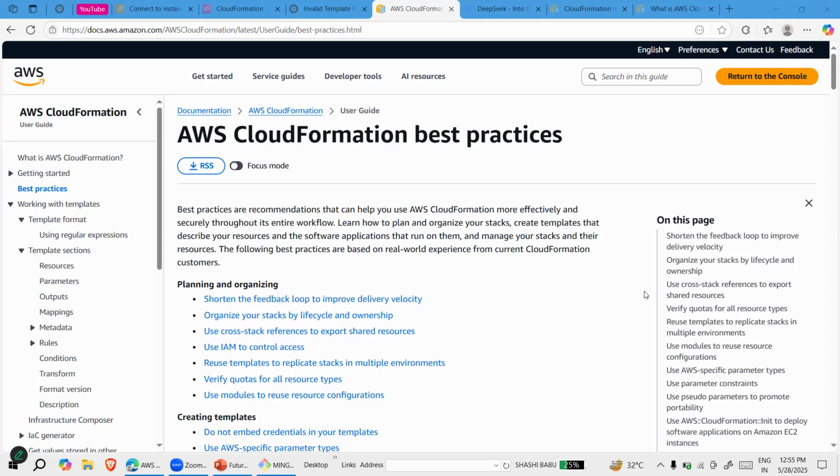Sometimes it is allowed, but the best fit is Terraform. Terraform is easy to write, but CloudFormation is one of the important tools of AWS. You need to learn about it. If you are doing AWS cloud engineering, then you need to know about CloudFormation. So proceeding with this section, first of all,